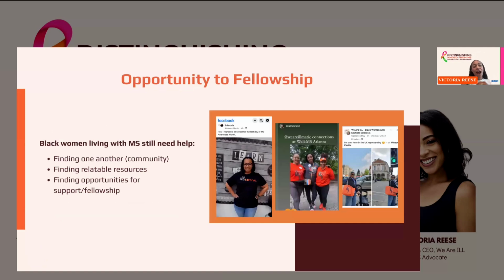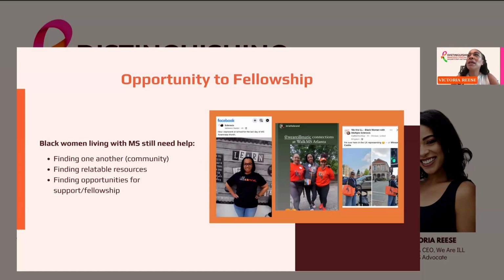So where we are now, Black women with MS, we still need a lot of things. And similar to what the Sumaira Foundation is doing, we're building community. It's a safe space to just learn from each other, feel inspired from each other, but just to remind yourself you're not alone. These illnesses are unique, very unique.